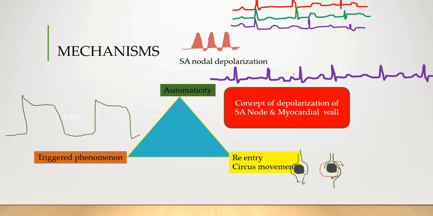What is important in this slide, here you can see the action potential, that is a trigger phenomena. So the mechanism involved in the arrhythmias, that is the trigger phenomena, may be there. There is the SA node, as we discussed in the previous slide, and there may be a problem in automaticity, and a problem maybe in this pathway, as we discussed, from the SA node it reaches the AV node.